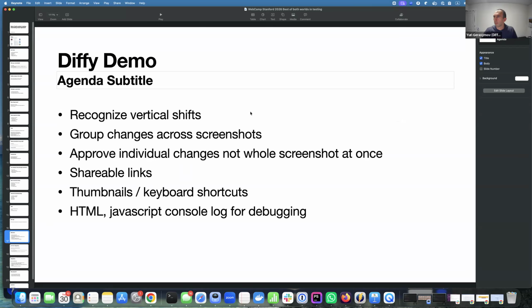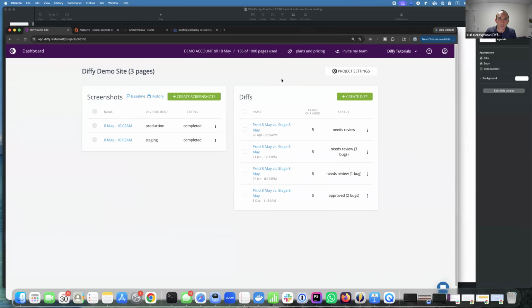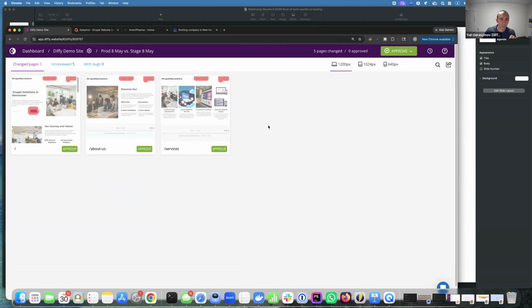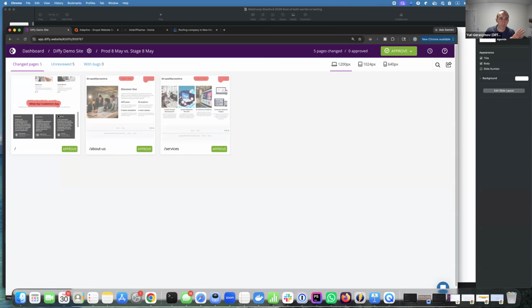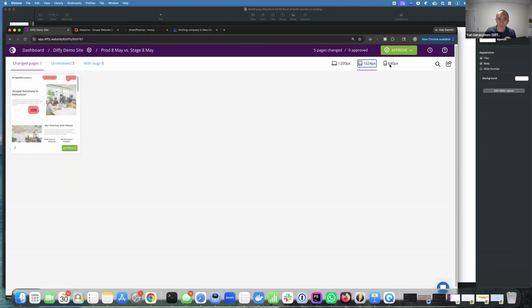All right, let me show you a few things around Diffie, what makes it unique compared to other tools. So this is the project layout. These are the sets of screenshots. These are the sets of comparisons. And if we go to the comparisons, first of all, the UI is based on thumbnails. So you can review the thumbnails and you can already approve just by looking at thumbnails, and you can switch